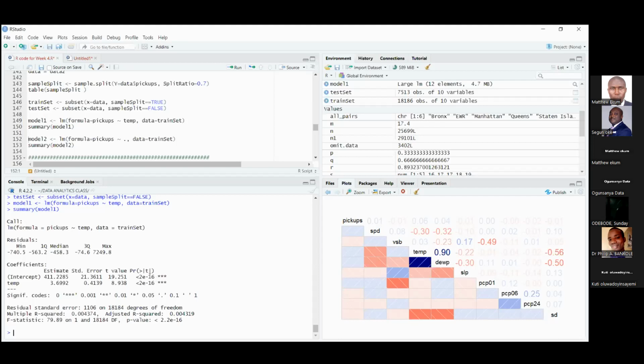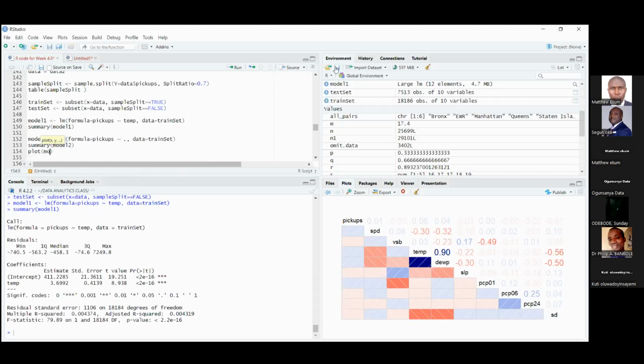But the p-value for the intercept is showing that it's significantly different from 0, and that of temperature, which is the coefficient for the slope, is also showing that it's significantly different from 0. So there is this, what the Prof told us the other time. Let's look at it. Plot